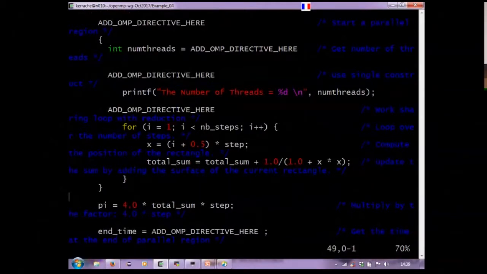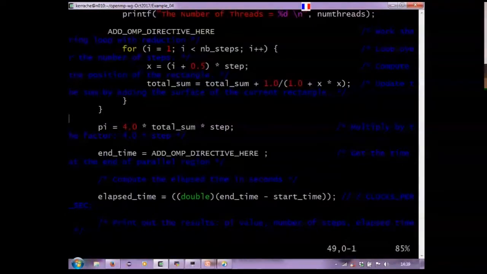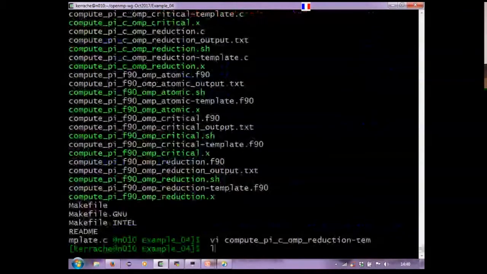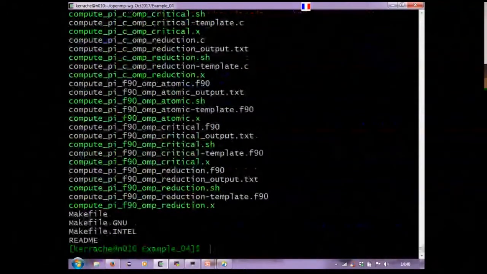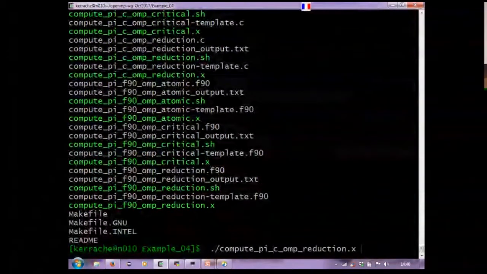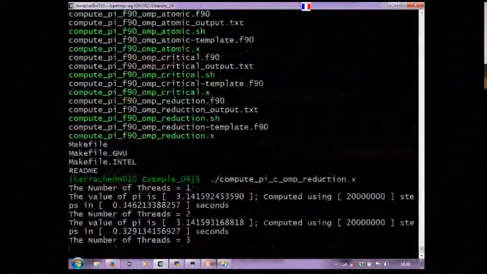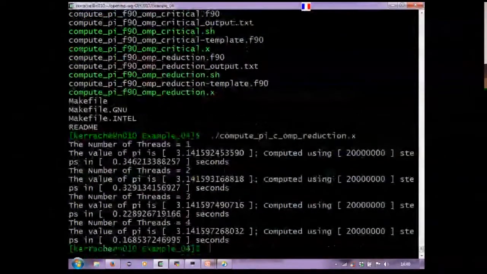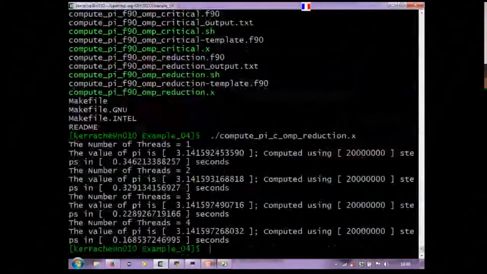Then the final result here and the end time. If I try to execute now, reduction. So in the program it's set already to change the number of threads, just to avoid running 4 times the same program. We change inside. So the output is